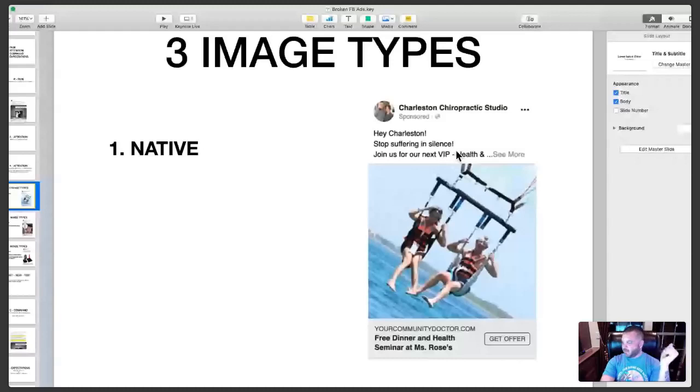So it can be a blessing and a curse at times. So this is a native image. Okay. So this is what a native image would look like. Again, this is just an image that looks like one of your friends would post on Facebook. One of the things that I have found, and at the end of the day, you always want to test, but one of the things that I have found is that the less it looks like an advertisement, the better